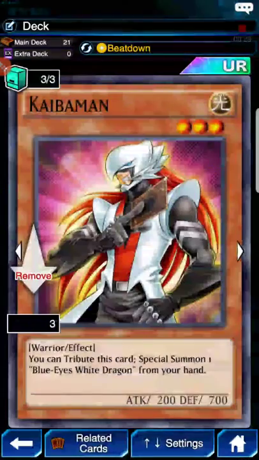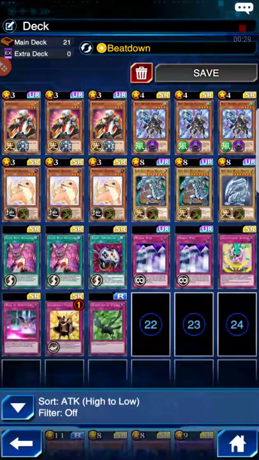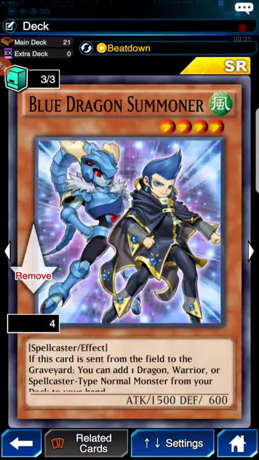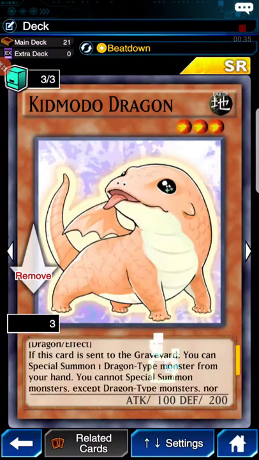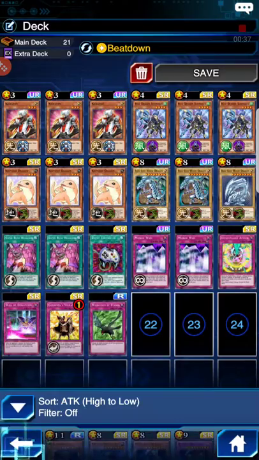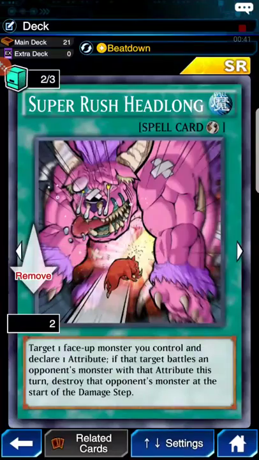So, I'm running 3 Kaiba Mans, which if you don't know, the effect is you contribute this card and special summon 1 Blue Eyes White Dragon from your hand, and yes, that is the same turn. 3 Blue Dragon Summoners to fish out those Blue Eyes, 3 Kid Dragons to set, and then you can special summon a Blue Eyes once they're destroyed. 2 Super Rushes for protection against